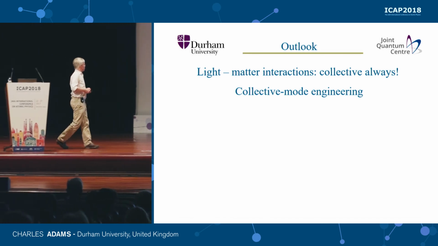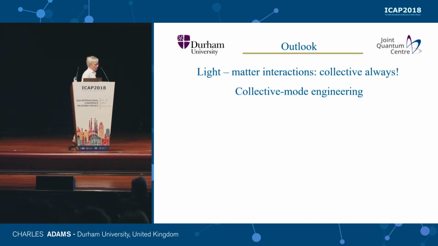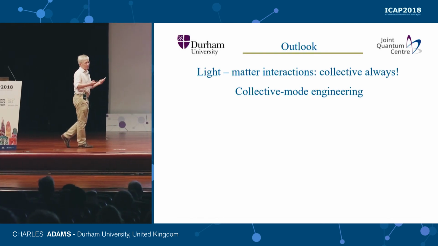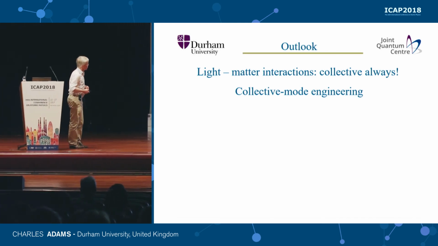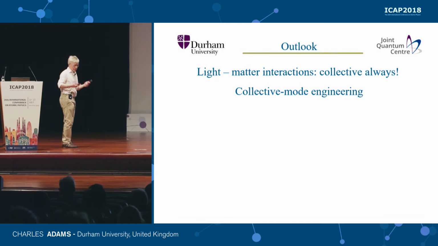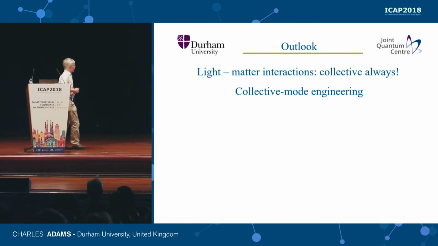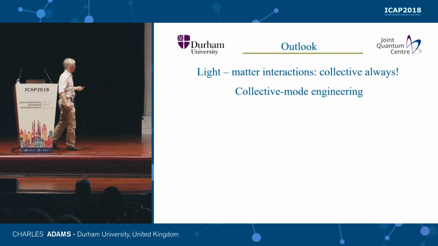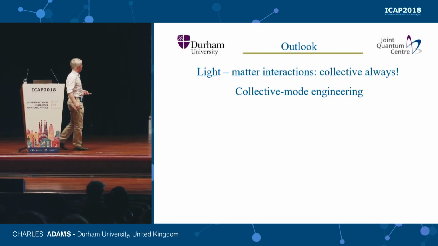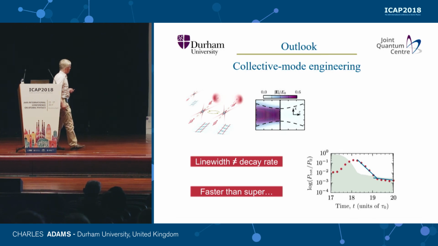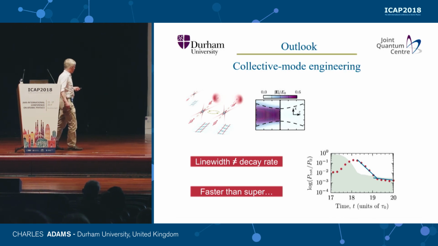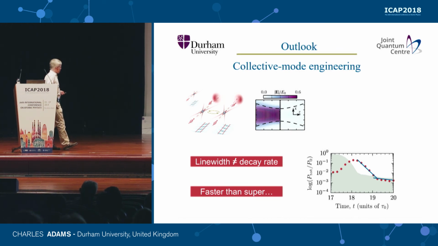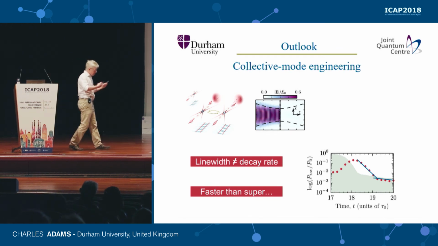I'd like to tell you that everyone in all their light-matter experiments always has a collective system, unless you only have one atom and one photon. Then it's always collective. So you should revert to this collective mindset, because if you think collectively, you might be able to do things that you didn't imagine possible. And you can start thinking about collective mode engineering. I've given some examples of where this is important and how it can be used to enhance the optical depth. But I'd also like to remind you that the field is very rich, and this is many-body physics,